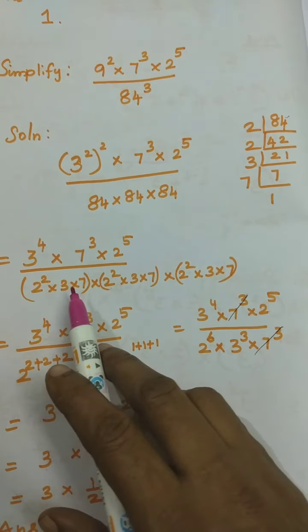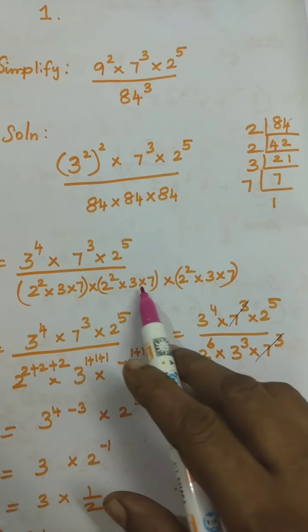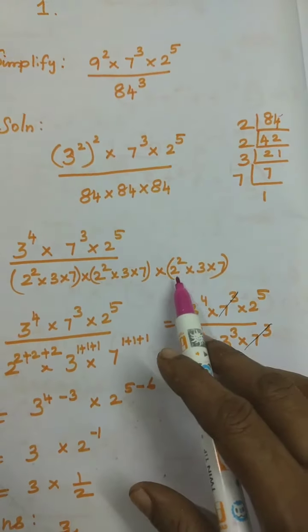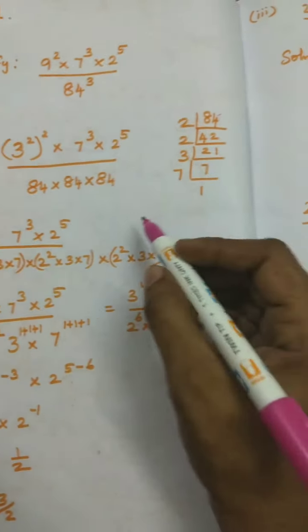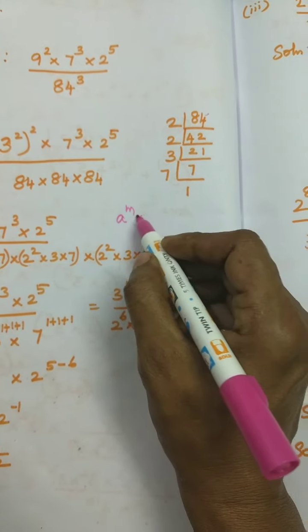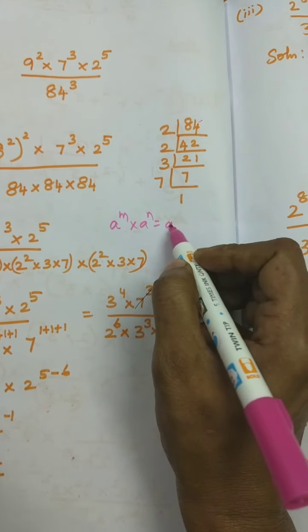For this, 2 square, 3 into 7. Okay. Now you have to use the formula a power m into a power n equal to a power m